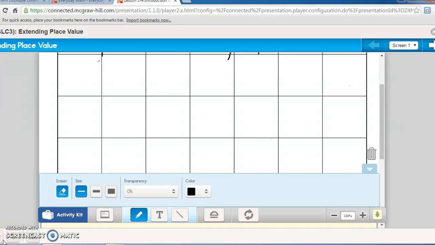This is lesson 1-4 continued. So let's try a few more numbers. What is the population of San Diego? Let's go ahead and fill that in. So you should have written